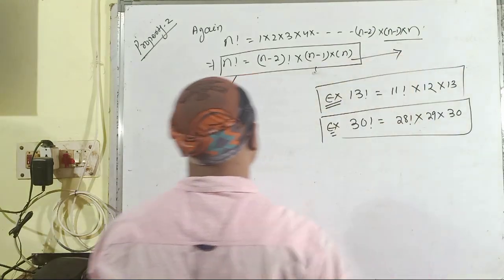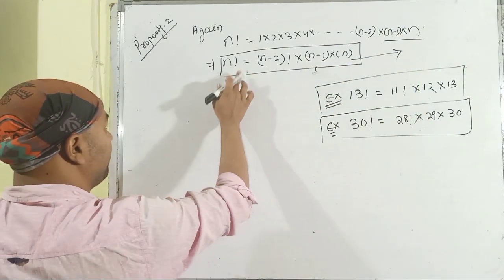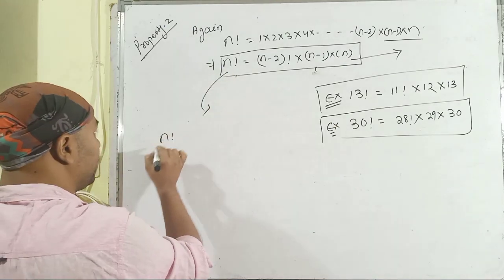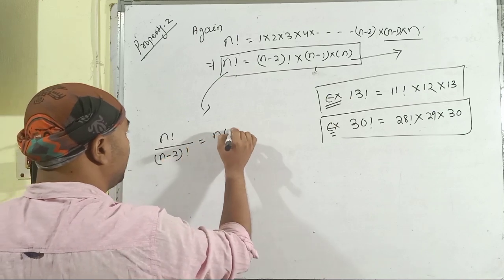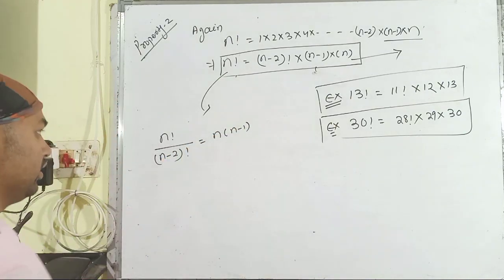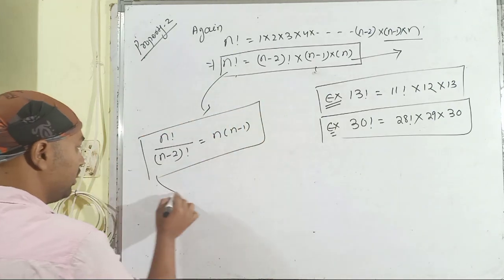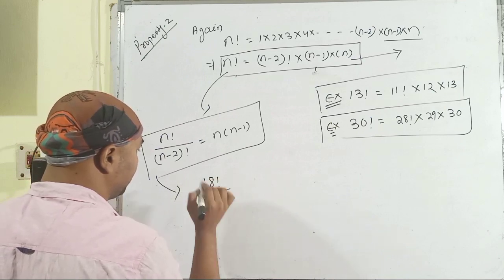This is the formula. Let us derive another formula from this formula, and that is n factorial divided by factorial of n minus 2 will be n multiplied with n minus 1, and this is the new formula. Let us consider some of the examples. 18 factorial divided by 16 factorial,